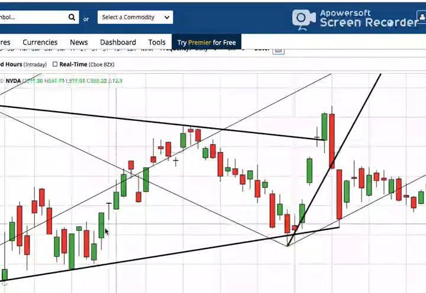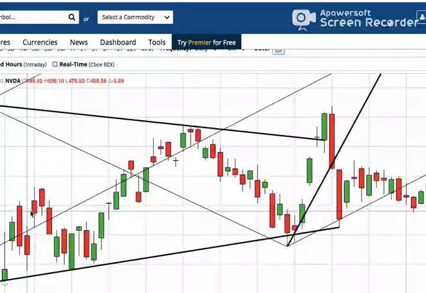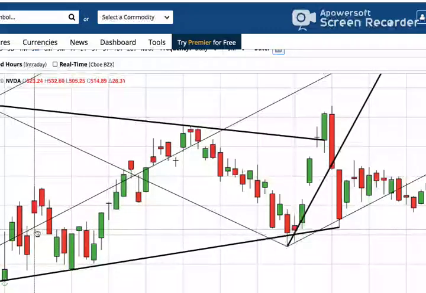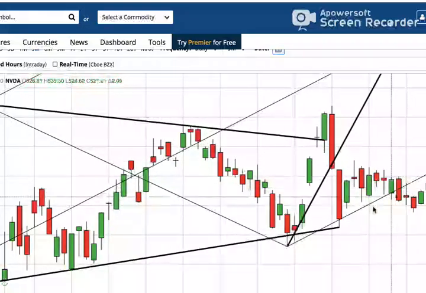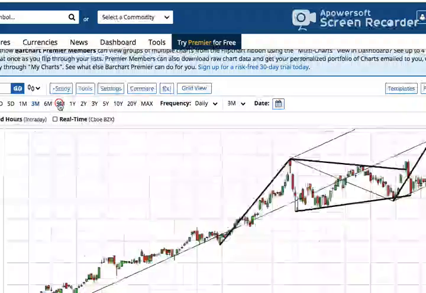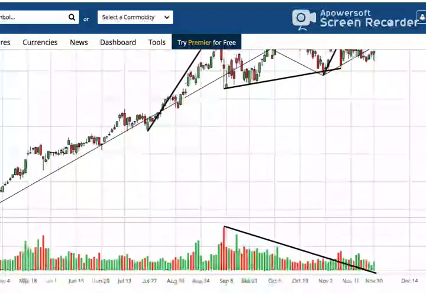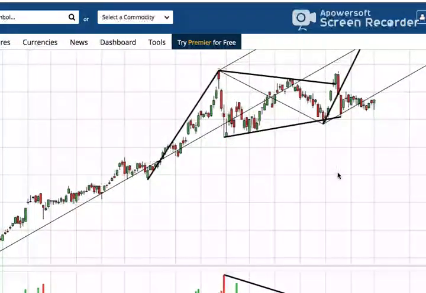So we're going to zoom in. Look at these really nice reactions, right? I love when the low of the day is held by the pitchfork. Really nice reactions. The lower bound is acting as a magnet. We're ready to go to the median of this pitchfork. We have a very clear bull flag pattern, right?